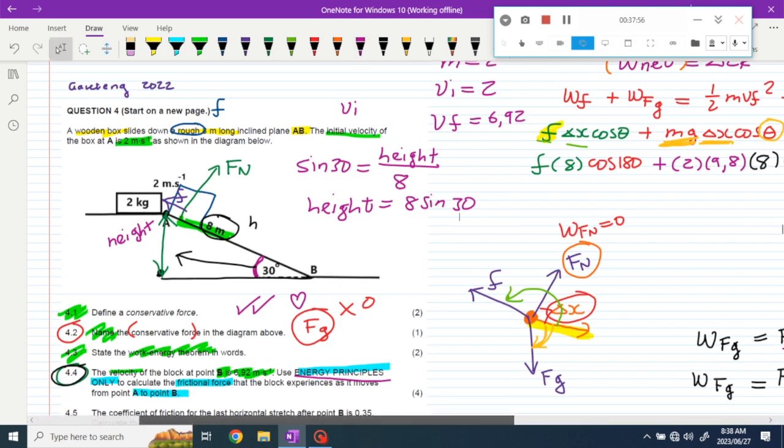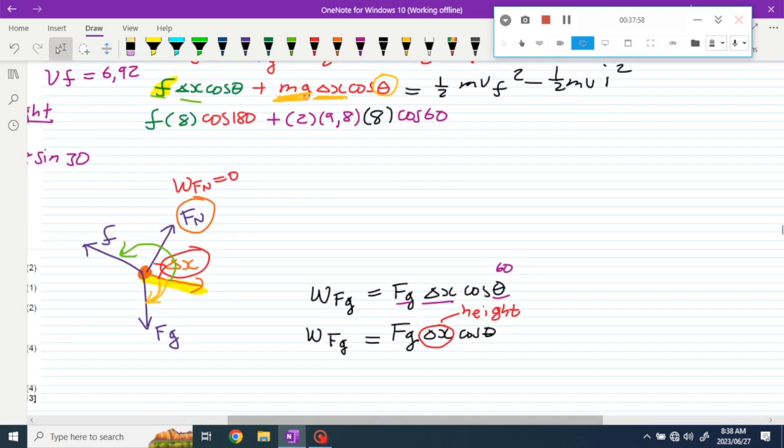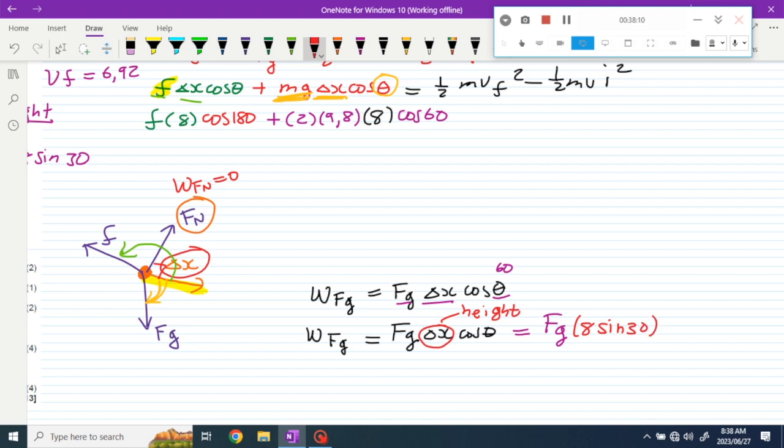So what we can now do is say, in this formula, as the height for this problem, we're going to plug in our Fg. In the place of the height, so now I'm going to use red, I'm going to plug in 8 sine 30 degrees. Okay? And now this theta angle, this theta over there, is the angle between the displacement, which is